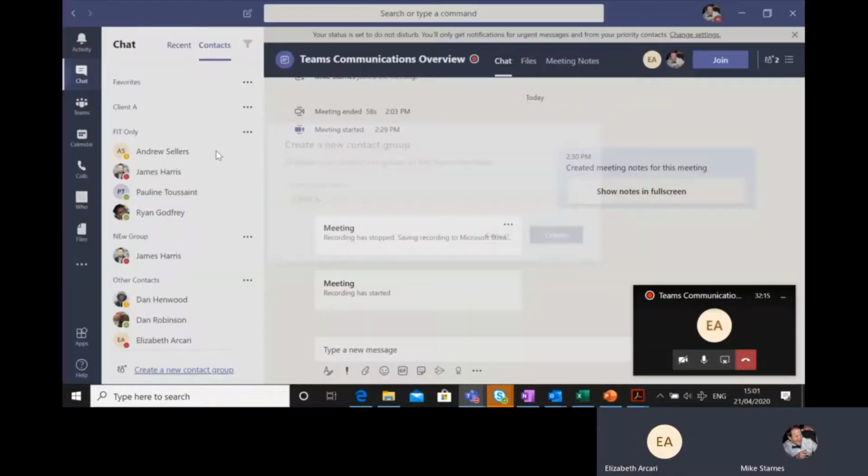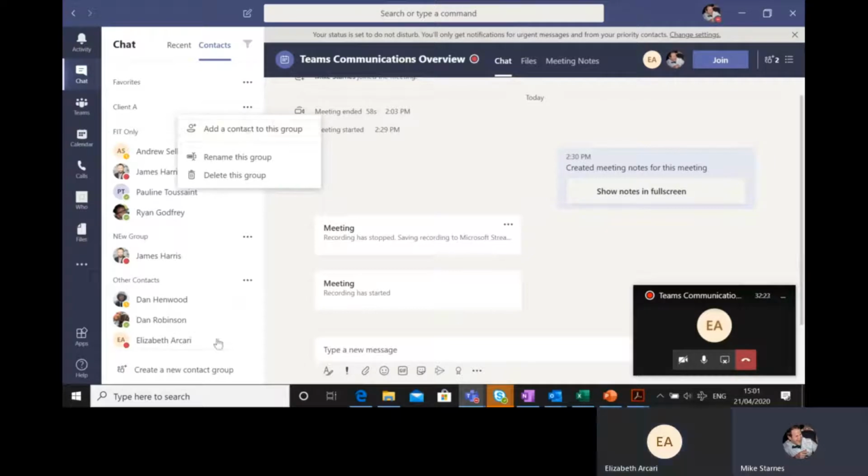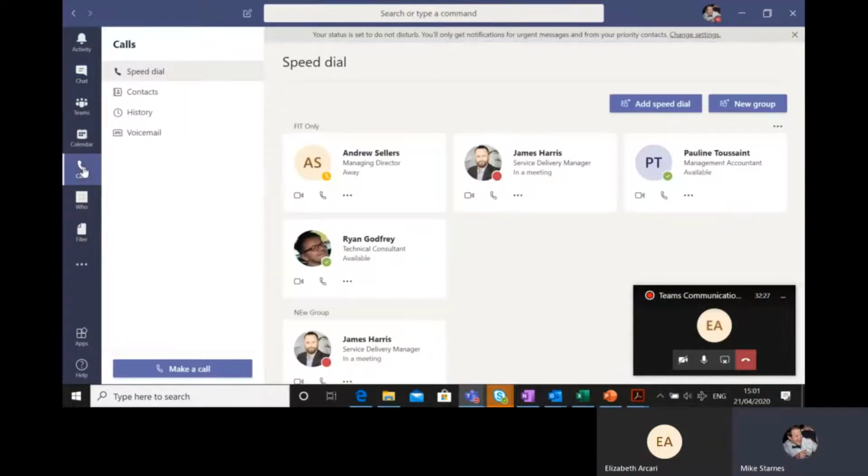Create new group, and I can start adding contacts to that particular group if I want to. Add contacts to this group, or I can drag and drop them in. So there's several ways in which I can either instigate a conversation with somebody or schedule a meeting,